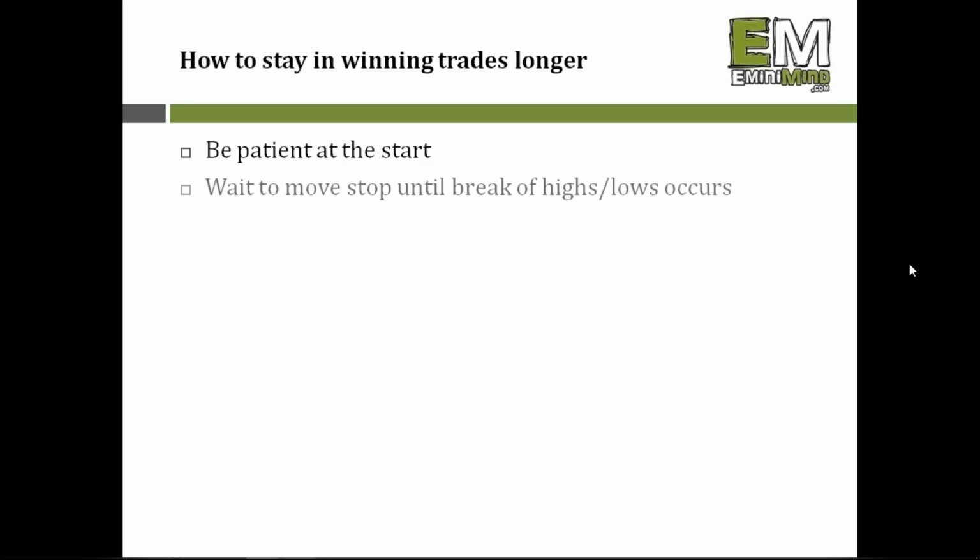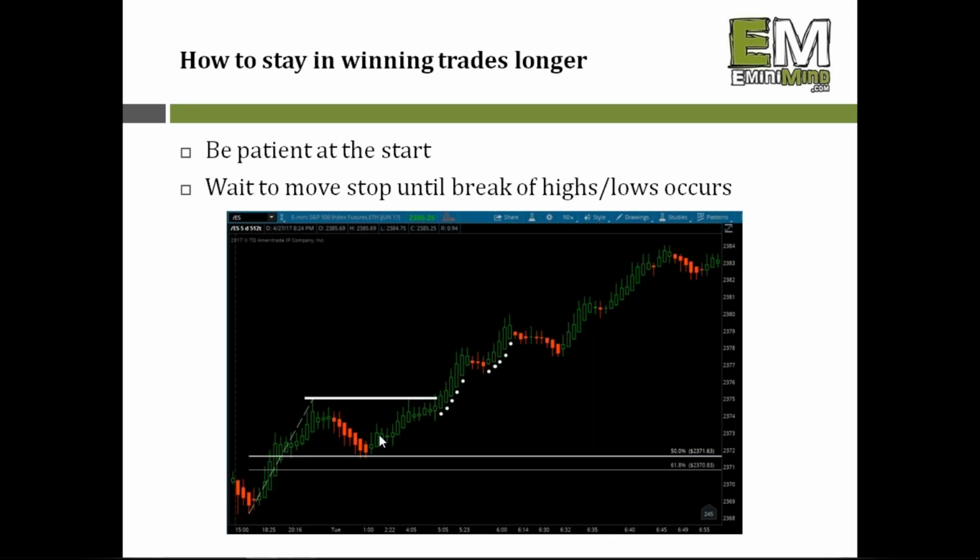So a couple things that I like to do. I will wait to move my stop until the market breaks a swing high or swing low. So for using that same example, if I get long a position, I'll leave my initial stop alone until we break